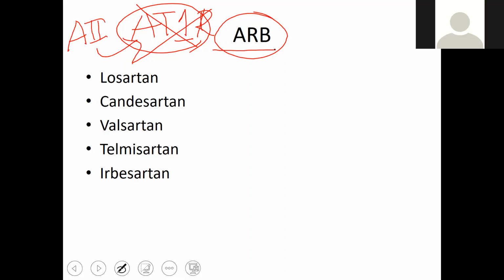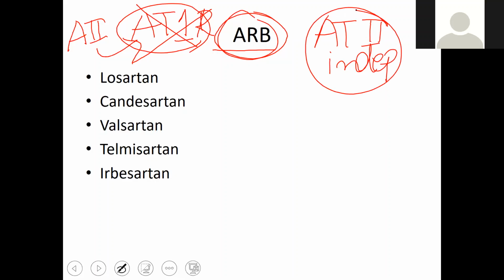If we give ARBs, then whatever the path, be it the ACE path, be it the non-ACE path, be it any other, pro-renin mediated or renin mediated activation, whatever happens, we can ultimately inhibit the receptor. But we cannot inhibit the angiotensin 2 independent pathway. We cannot do anything for this, but the contribution of the angiotensin 2 independent pathway is very less. So the major pathway is through the angiotensin 1 receptor mediated pathway.